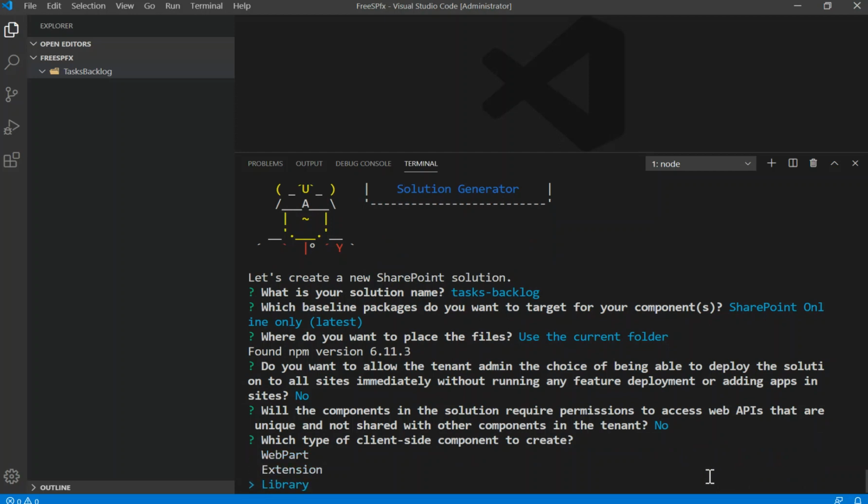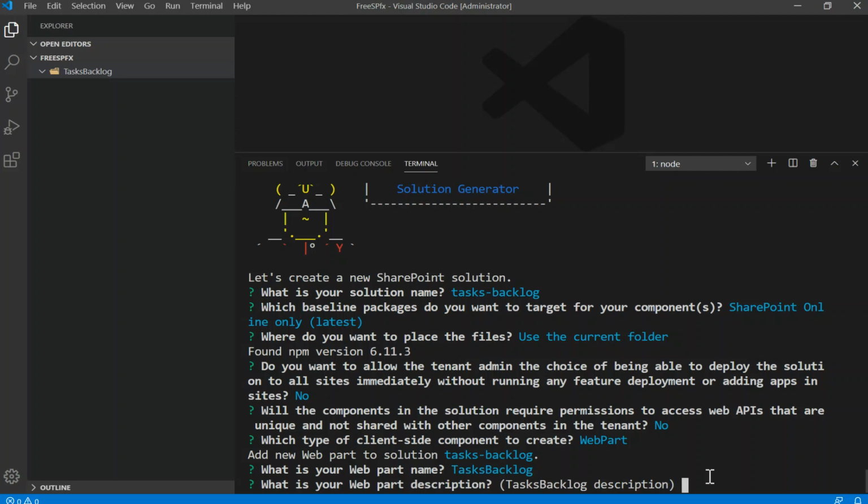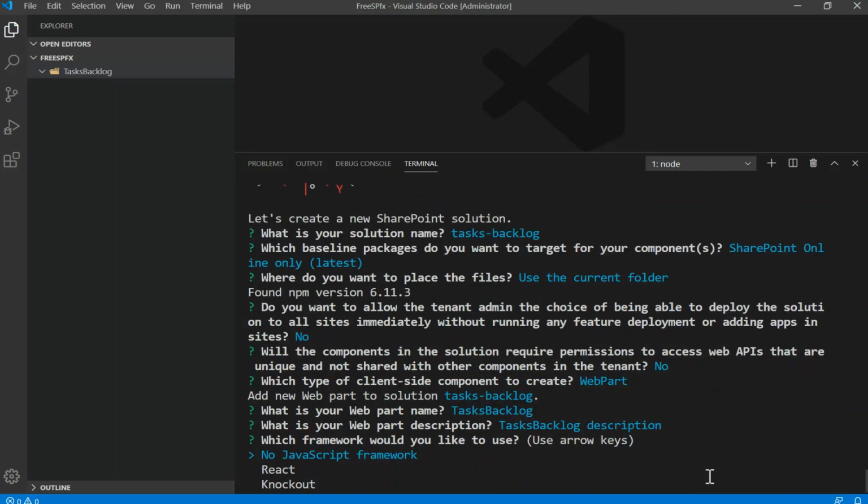Okay so we're going to do እነዚህ ሶስቱን I'm going to go with web part ቀጥላለሁ web part ብዬ what is your web part name ይለኛል I'm going to go with hello world ሳይሆን tasks backlog እንደዚህ tasks backlog ይሁን ዲስክሪፕሽኑ tasks backlog ዲስክሪፕሽኑ ይሁን